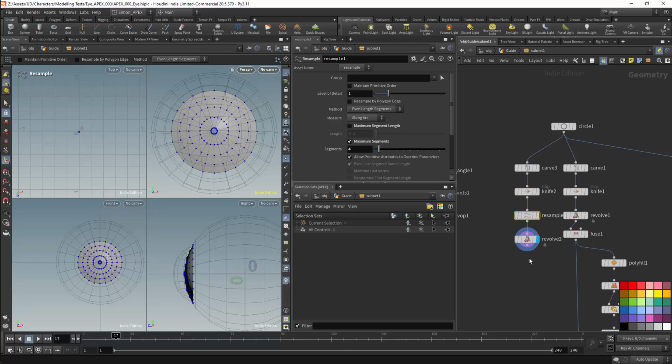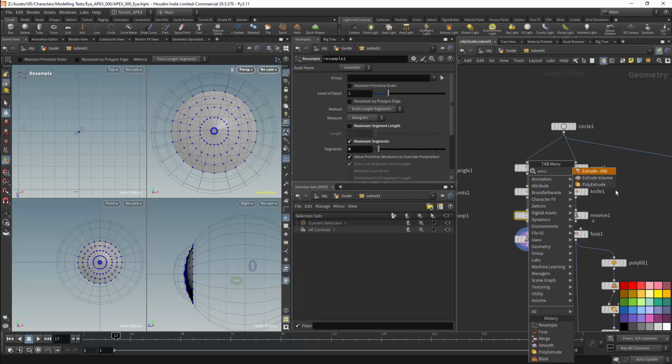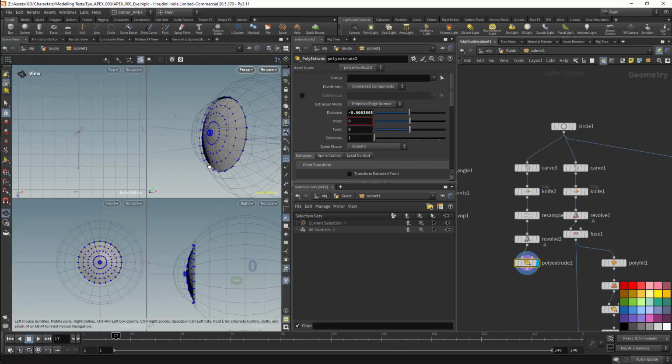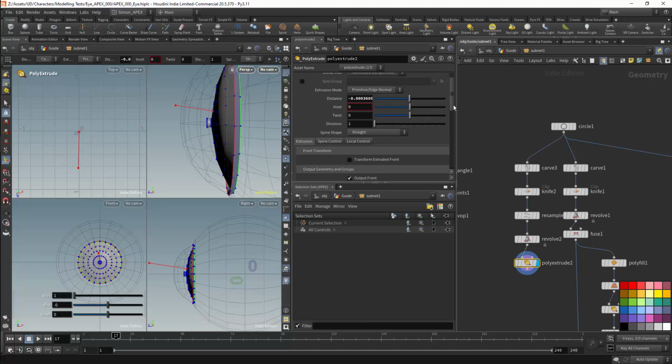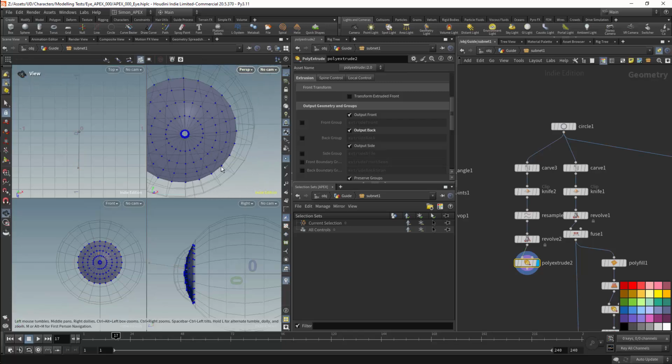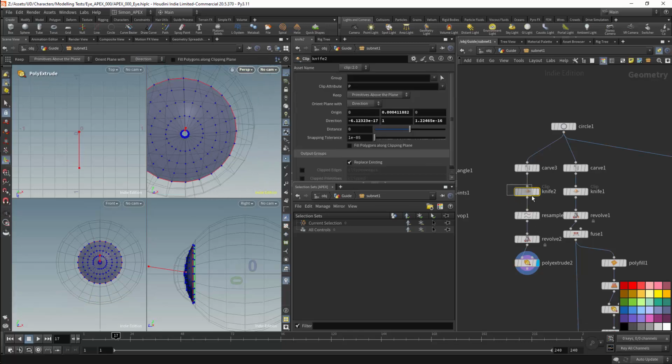I can then extrude the iris, and I'll extrude this towards the center of the eye. A forward extrusion here could cause interpenetration with the eye. I do want to retain all sides of the eye for the moment, so I will set this to output the back. And this should give me a basic iris to work with,